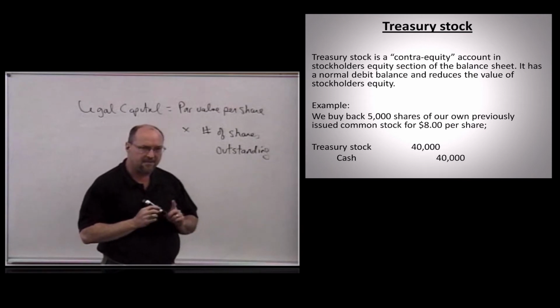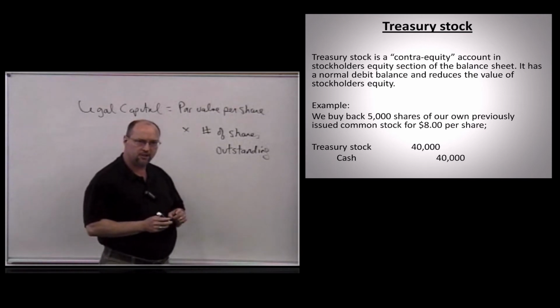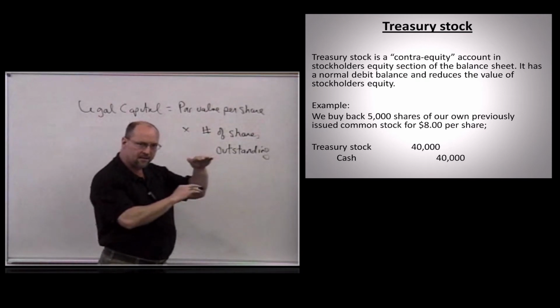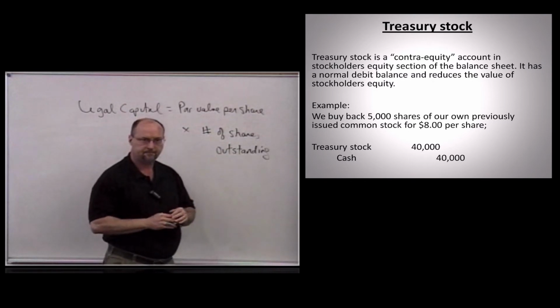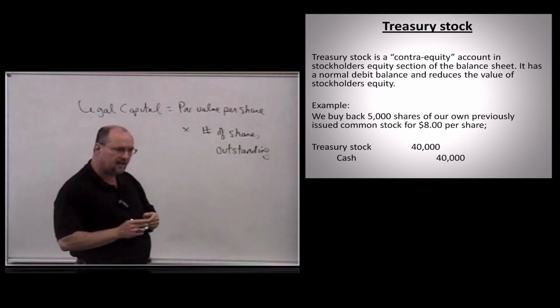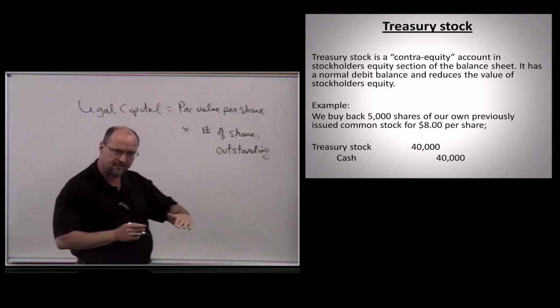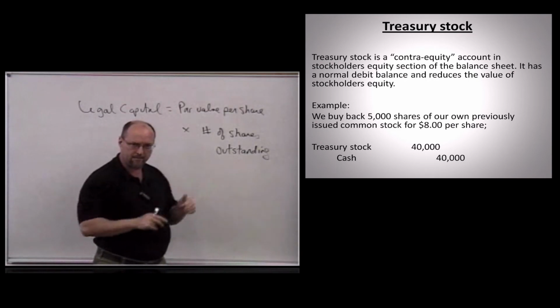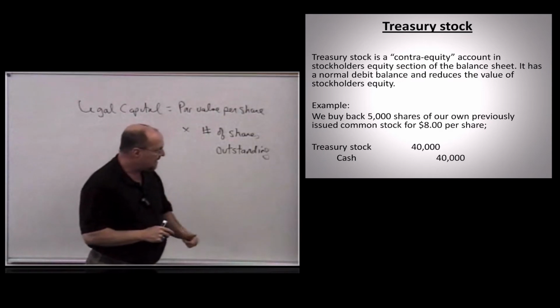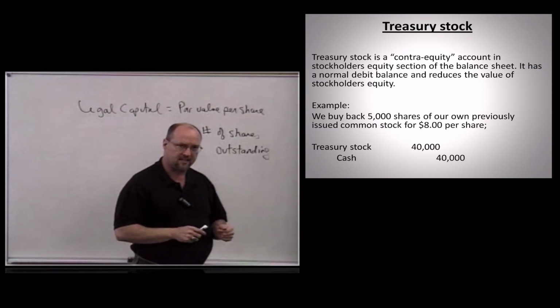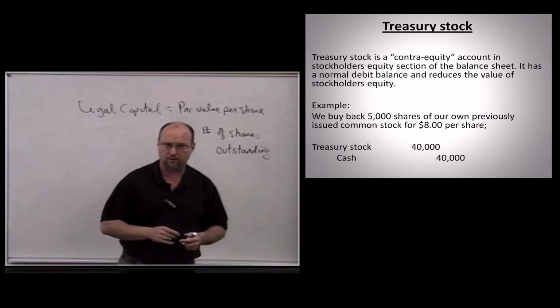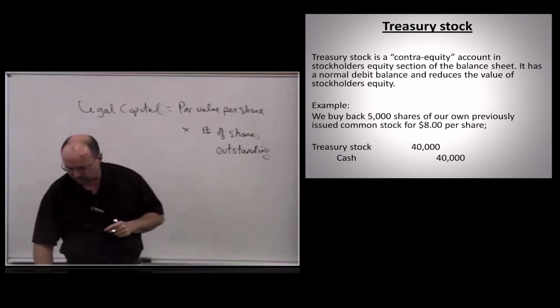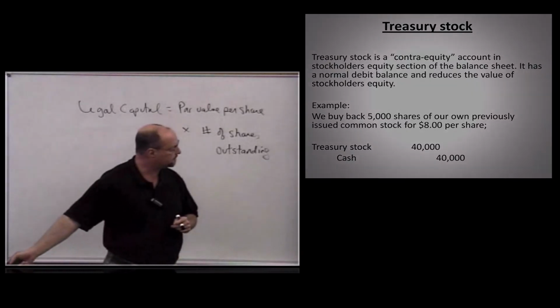So they're still considered to be issued, but because they're not in the hands of stockholders, they're not outstanding. And this is when the number of shares issued will be more than the number of shares outstanding. Okay? And so when we have treasury stock, shares issued will be greater than shares outstanding. If we had no treasury stock, then issued and outstanding would be the same number. Okay? And we'll report treasury stock at the bottom of stockholders' equity, where we'll reduce stockholders' equity. We'll see an example of a stockholders' equity section in just a little bit.